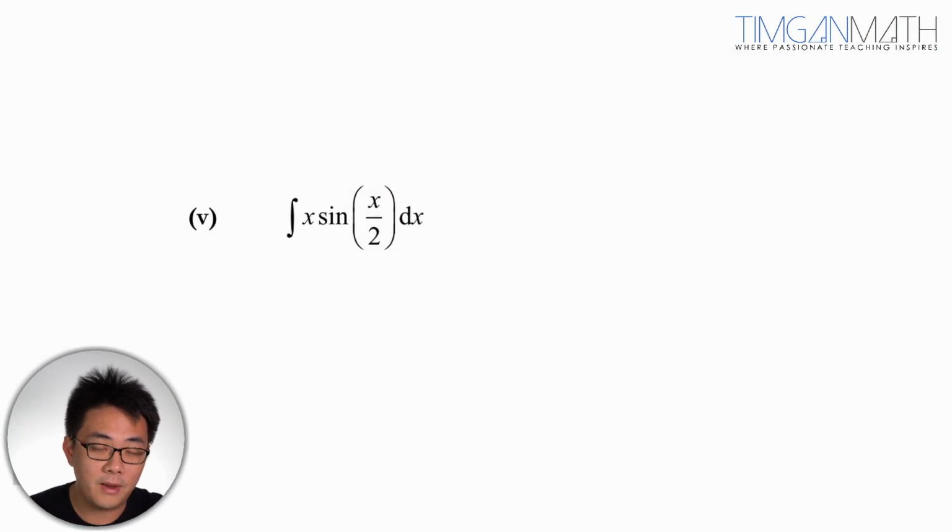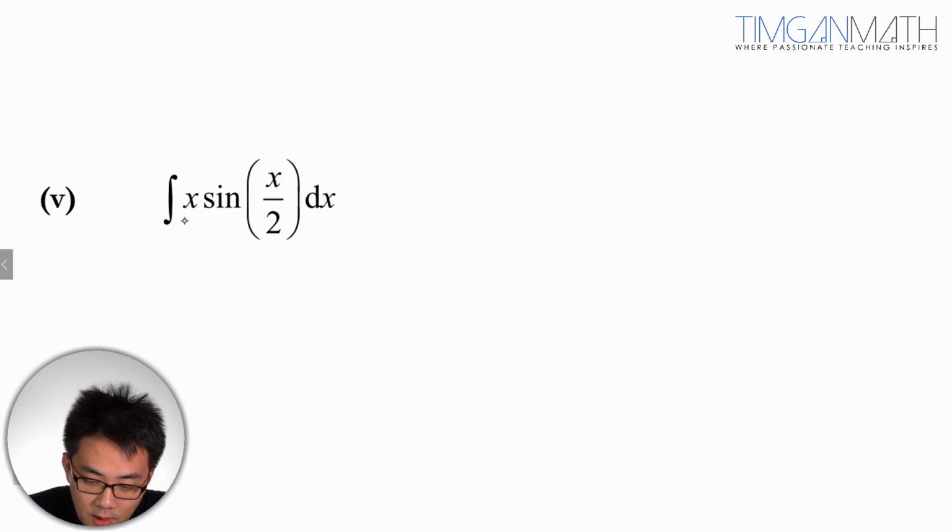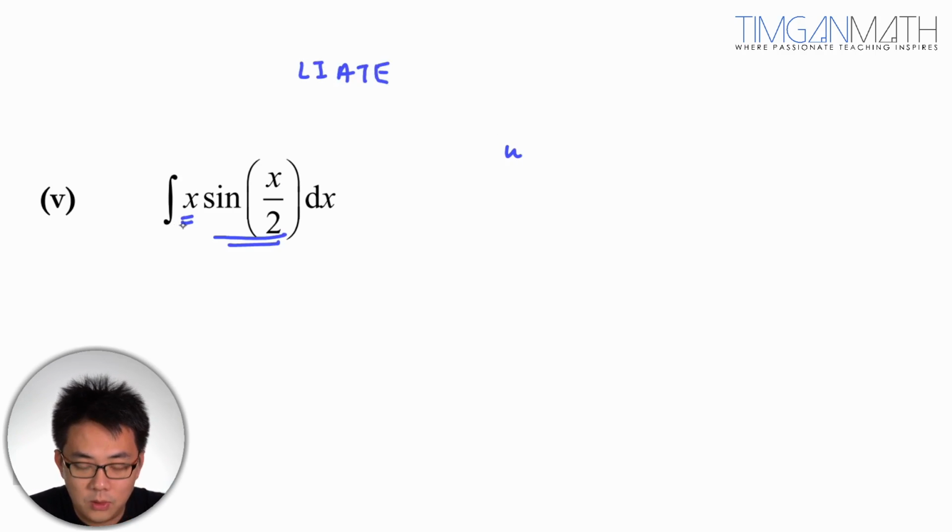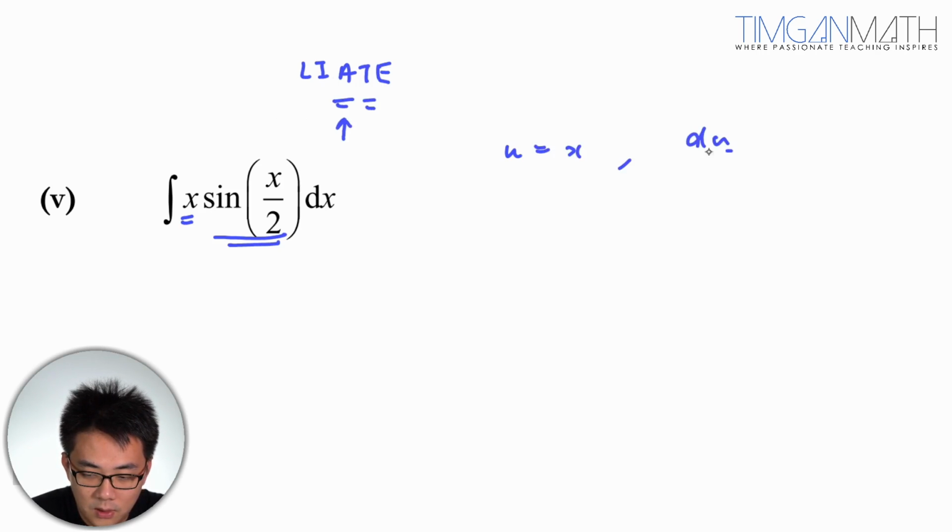So for the first one, part 5, this is LIATE. We let u be x, okay? So you have LIATE. This is integration by parts. So you use x as algebra. Then after algebra and trigo, the trig takes the precedence. So u is equal to x, and dv/dx would just be